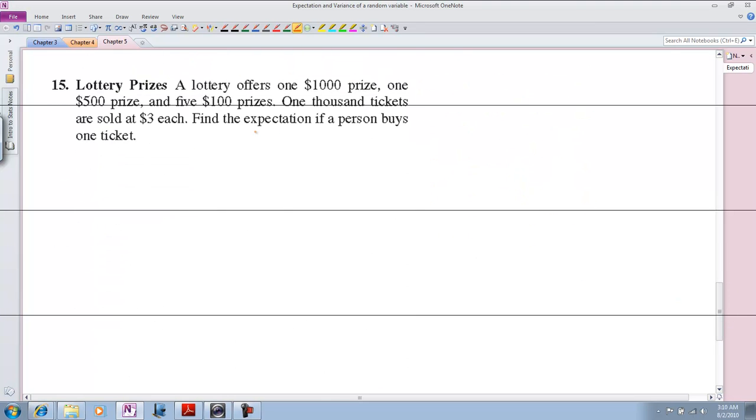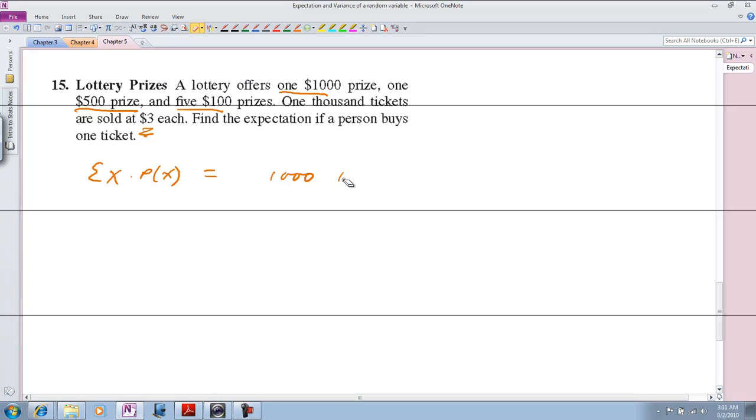I like this one. A lottery offers one $1,000 prize, one $500 prize, and 5 $100 prizes. 1,000 tickets are sold at $3 each. Find the expectation if a person buys one ticket. Okay, so the expectation is always the sum of the values times their probabilities. And in this case, we have 1, 2, 3, actually 4 possible outcomes. The outcomes are: you win 1,000, you win, let's see,